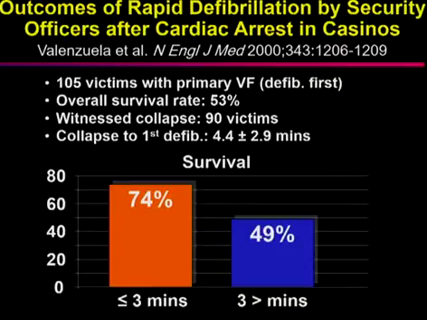It turns out that if there was ventricular fibrillation, and if the person received an electrical shock within less than 3 minutes, survival was 74%. So I tell my residents, that's the best place to have a cardiac arrest, in a casino. And because you can be resuscitated so quickly, probably you're not going to end with any kind of brain injury. You might even wake up and continue to gamble right away. So, yeah.